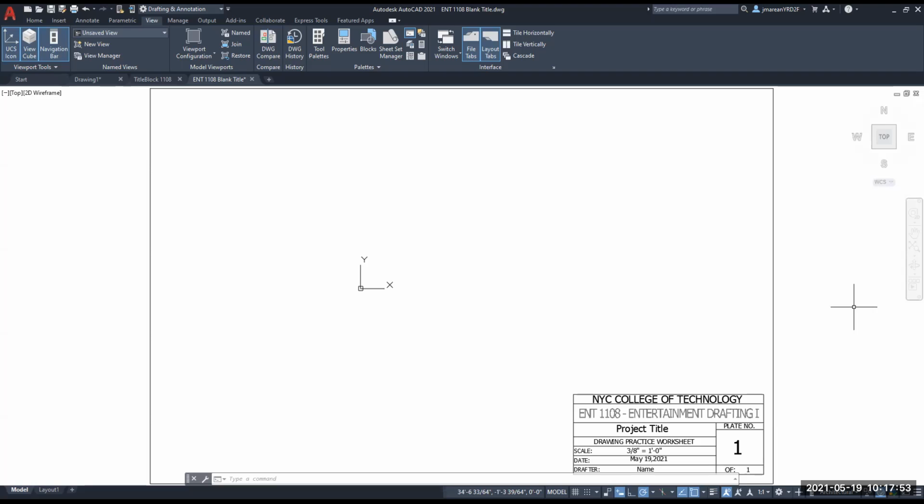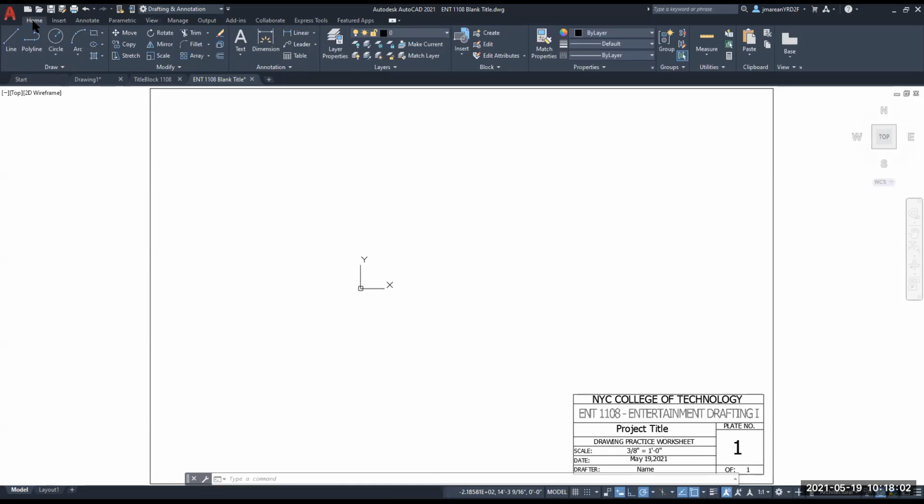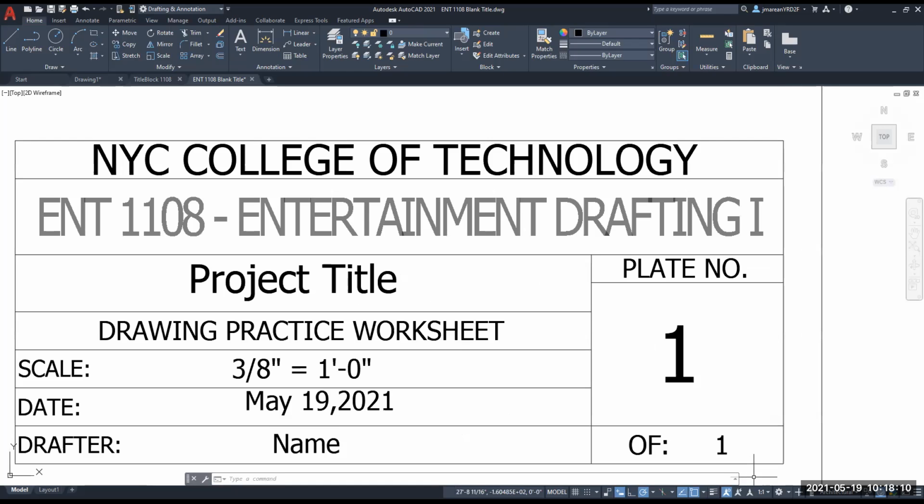But when I say this is full size, I mean this is huge in the world. It probably works out to an 11 by 17 if you go into the layout space. But in any case, what you can do with this is zoom in on the title box and grab these